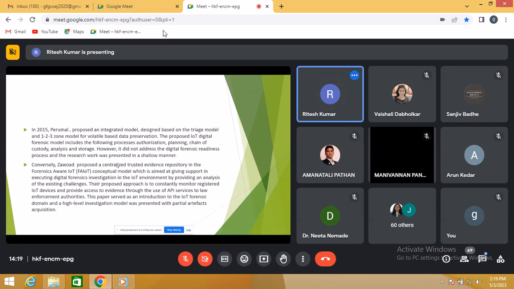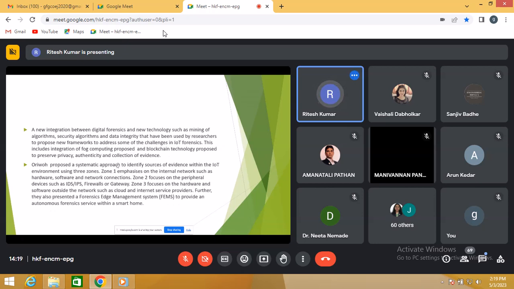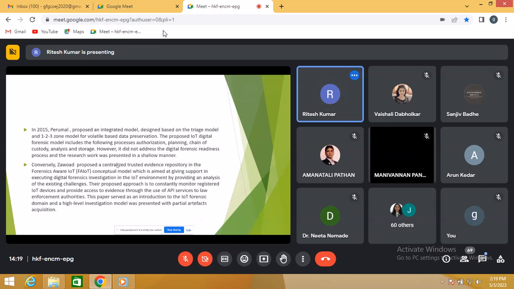shallow manner. Right. So this is the same way that Oriva has presented, in three zones, but it has something different for the process, the authentication, planning also, and the chaining of different systems, analysis and storage. Next, Zavoda proposed a centralized trusted evidence repository in the forensic aware IoT, FAIoT, forensics aware of IoT